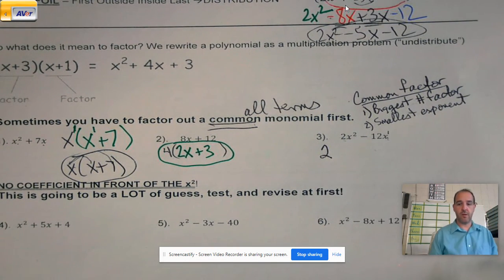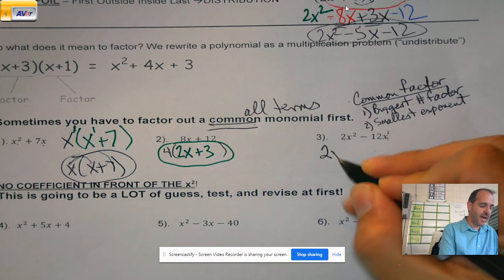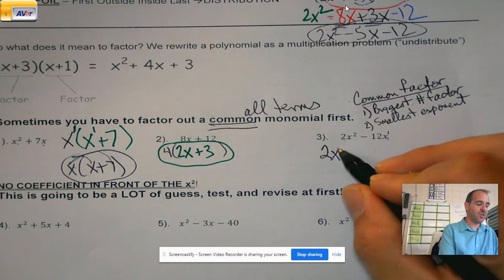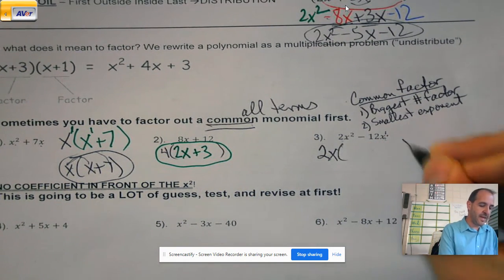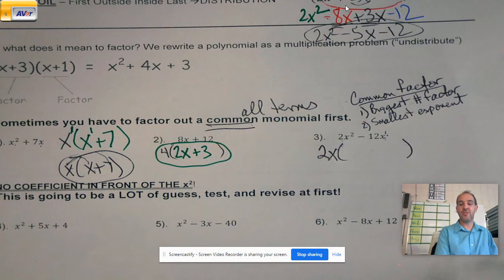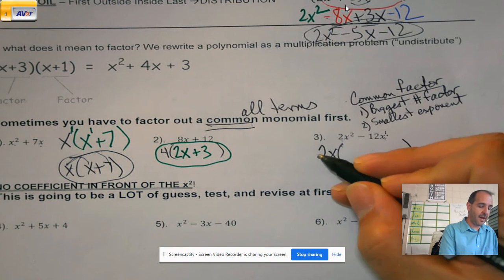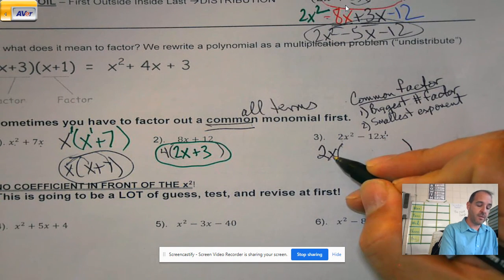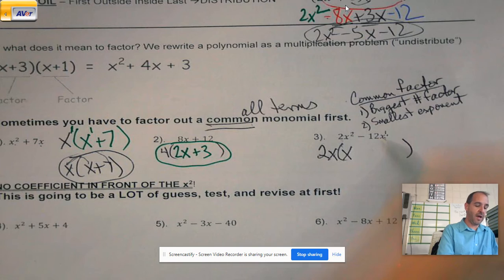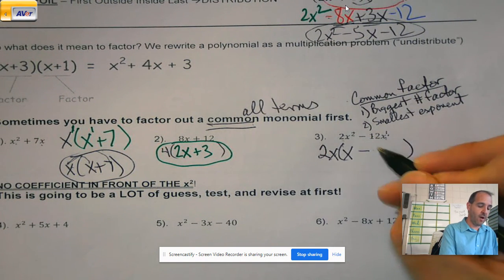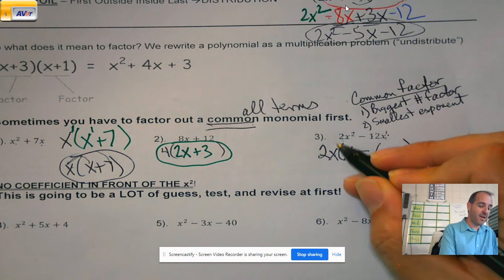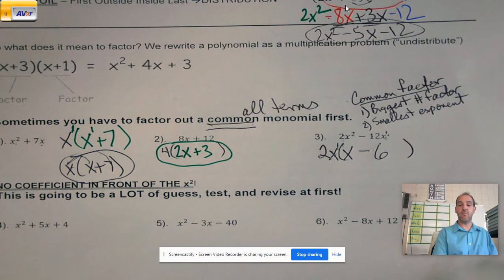we want the smallest one. You're like, okay, now why would you want the smallest one? Because if I took x squared and put it out here, what do you multiply x squared by to get x? It's smaller. That's not going to work. So we always take the bigger coefficient factor and the smaller exponent. So here, I got the 2. I got 1x, but I need a second x. So I put x